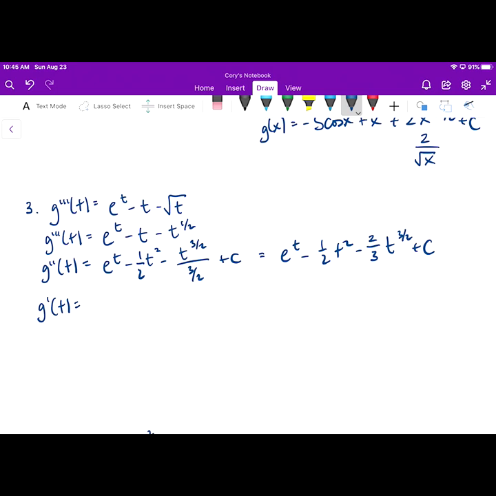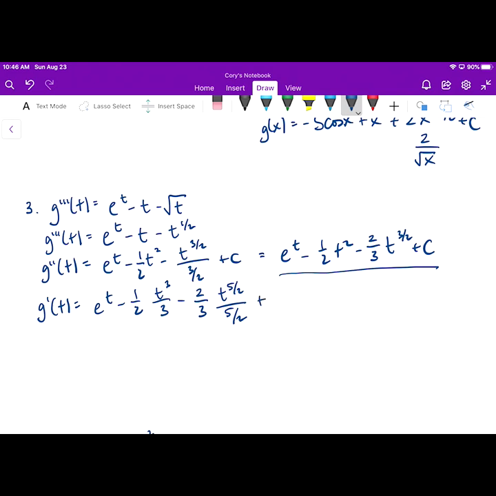So the antiderivative of g double prime is g prime. And then we're just going to take the antiderivative of g double prime term by term. So the antiderivative of e to the t power is e to the t power minus 1/2 times the antiderivative of t squared is t cubed over 3 minus, I'm going to pull 2/3 out front. The antiderivative of t to the 3/2 power is going to be t to the 5/2 power divided by 5/2